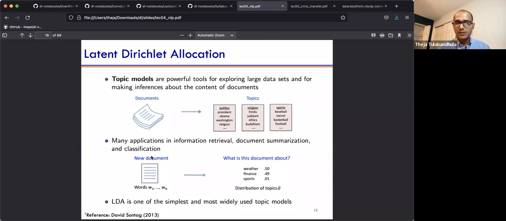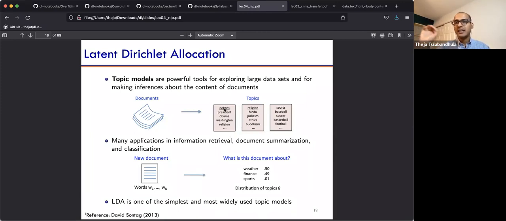The bottom is just exactly showing what I said. Given a document, you want to say, hey, it's 50% finance, 49% sports, 1% something else, and so on. So how do we get these pink boxes, which are topics themselves? The way we get it is that these pink boxes are actually all the words. Each pink box has all the words in the vocabulary. So let's say the vocabulary has 50,000 words, then each pink box has all 50,000 words. What changes from one pink box to another? For the pink box which we call the topic politics, the words corresponding to the political topics